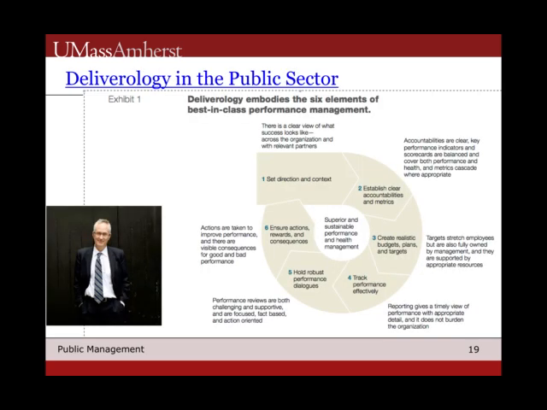So here's deliverology, which is the UK term for the public sector ideas of deliverology, that again, you can see that this looks very similar. So you start off with a clear goal of what success looks like. You're then going to be very clear about accountabilities and metrics. So this starts to look a lot like performance management, right? We're starting to basically say, we're going to set these milestones